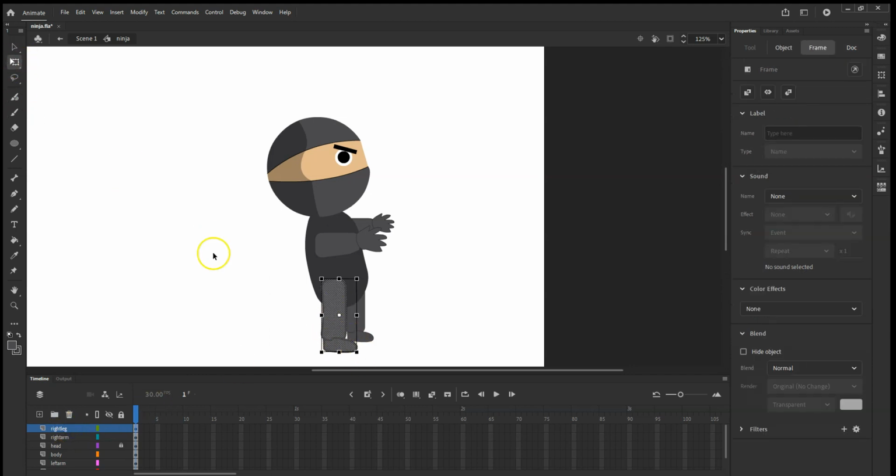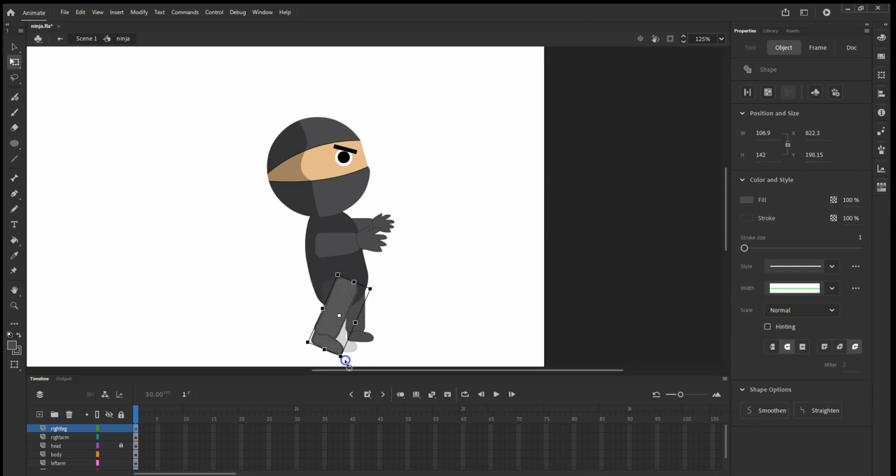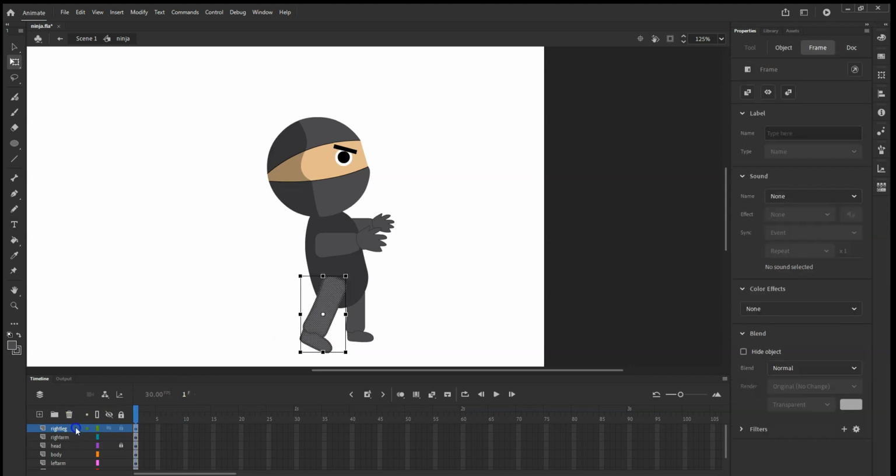I'm going to go to my free transform tool, and I'm just going to rotate this so it looks more like a natural step here. I might have to slide that over a little bit to get it in the right position, but that looks pretty good. Now, one other thing you'll notice, if I try to take this leg, for example, and